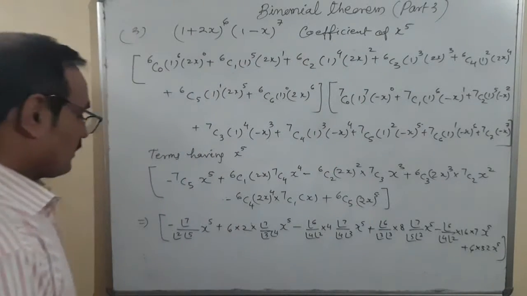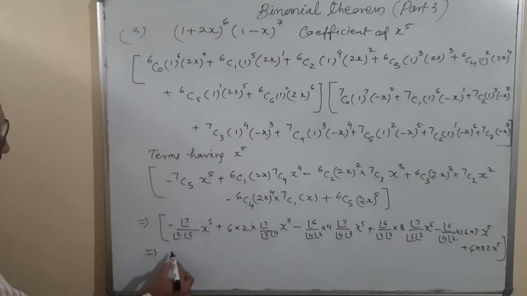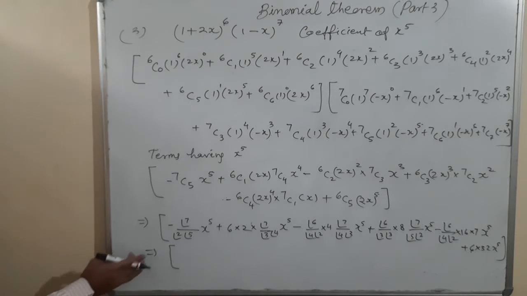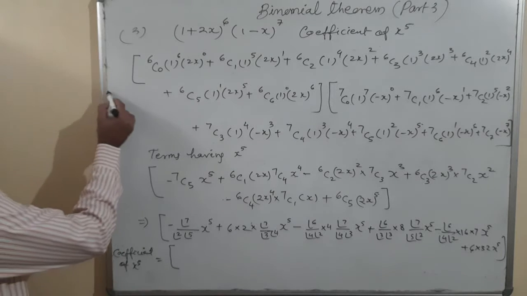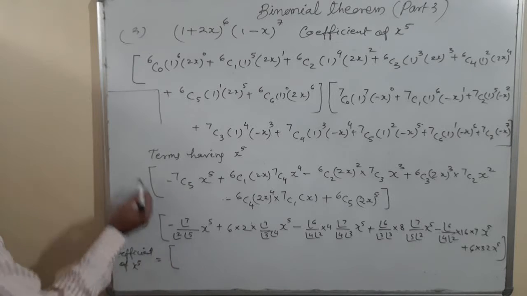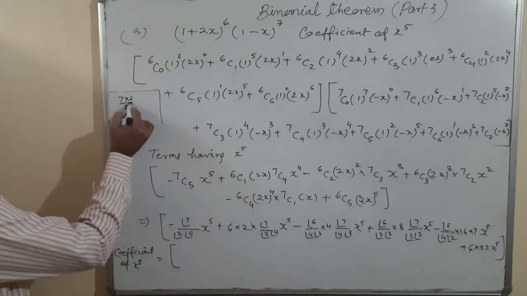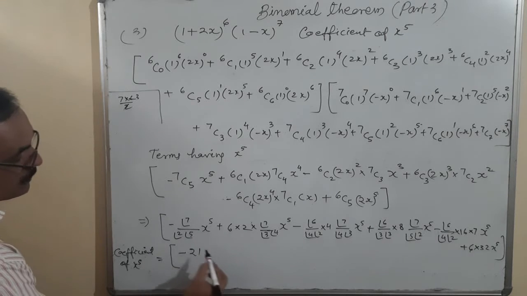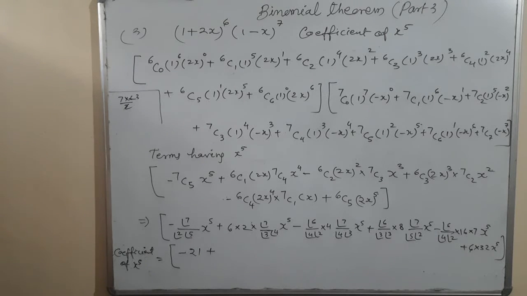Okay. So it means, because we are finding the coefficient of x to the power 5, so here I can write the coefficient of x to the power 5 is equal to, now I am putting the value here. First let us calculate factorial 7 into 6 upon 2, 7 times 3 is 21, so it is minus 21 x to the power 5 plus, what is here?